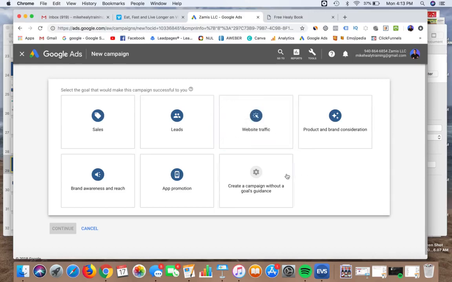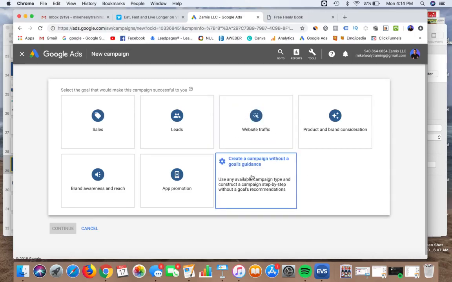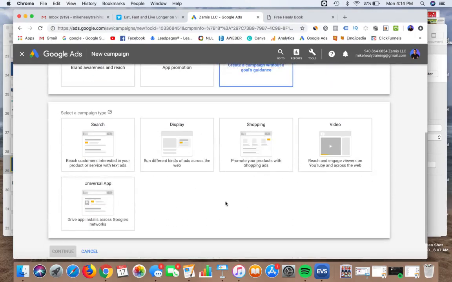I typically just do one without a campaign goal's guidance myself. I just like to control everything, and I've narrowed it down to what seems to be working the best. So I just click on that and I get started. Now, once you've decided what kind you want,